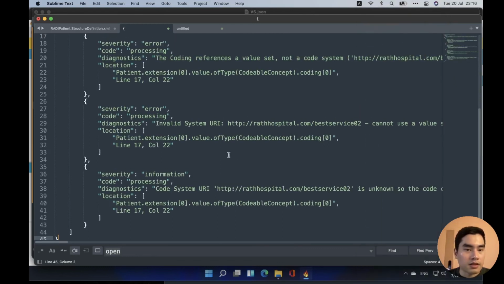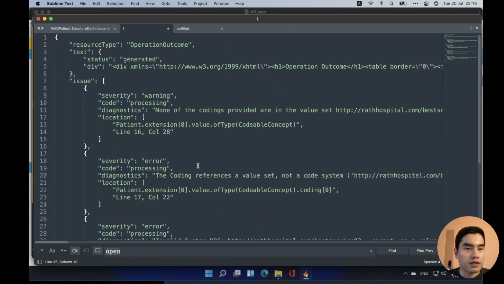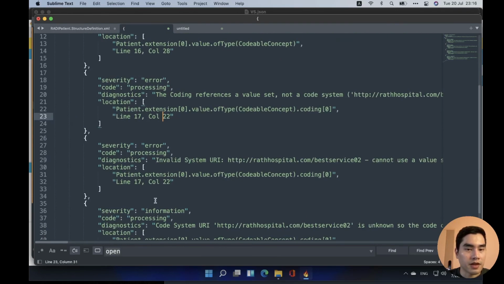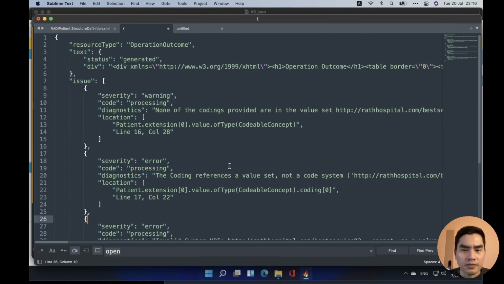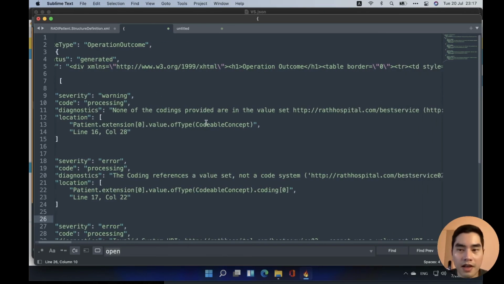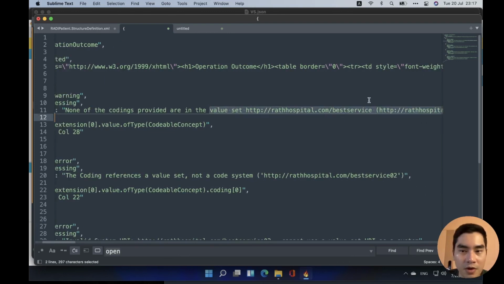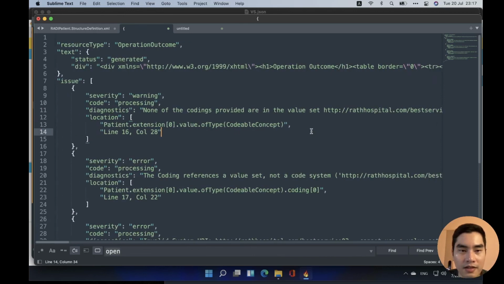and see it. This one is just information. This one is a warning. This one is a warning. This one is an error. So I think I might have configured the value set incorrectly.